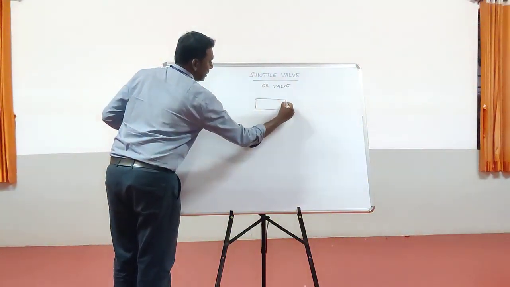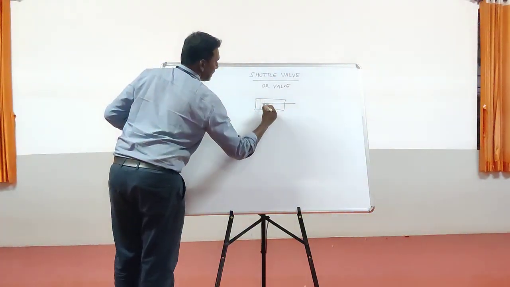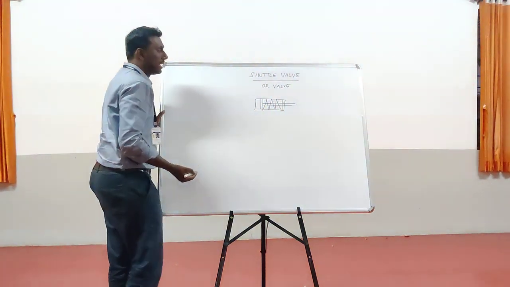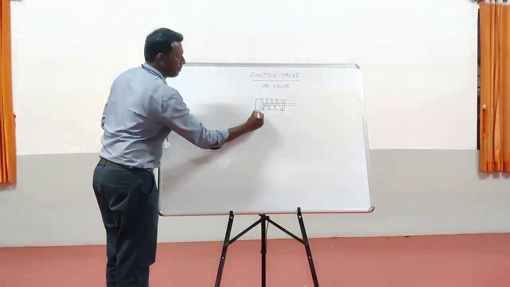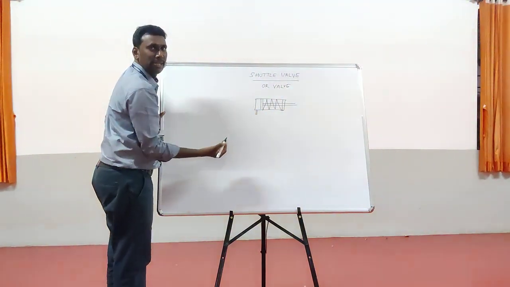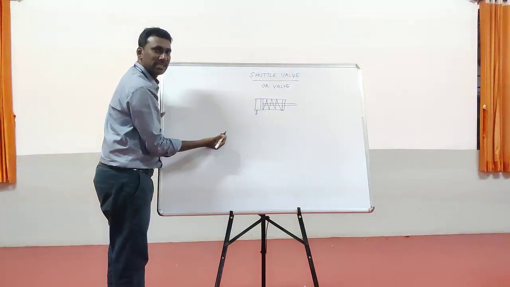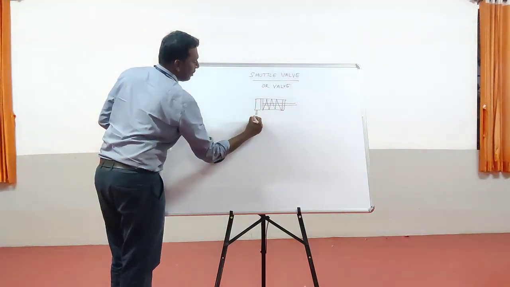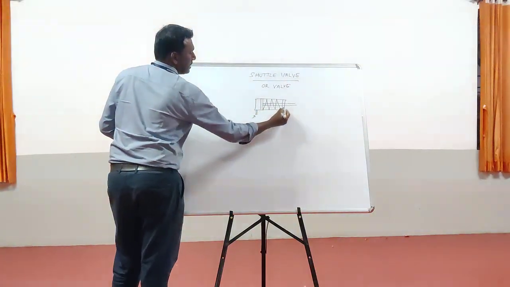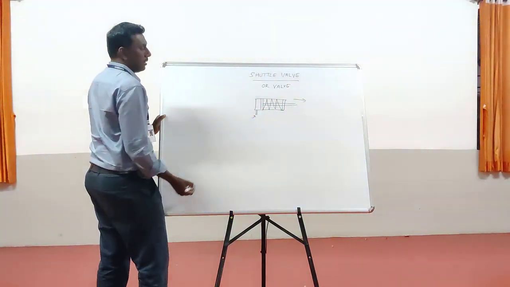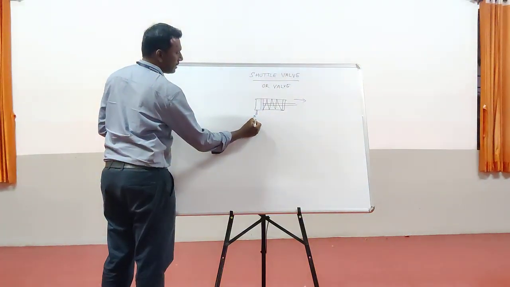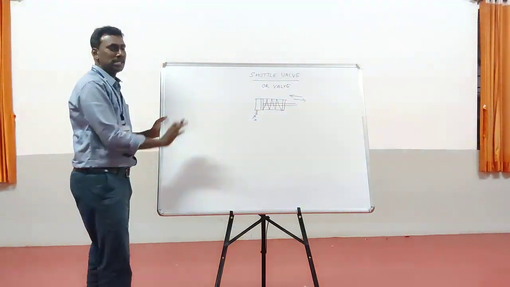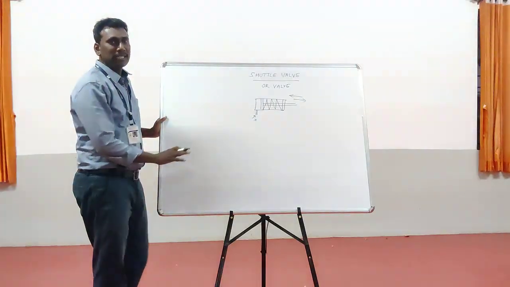Let's consider that in a hydraulic system, we have a single acting cylinder. A single acting cylinder is normally spring return. We have only one inlet, one port. This port acts as both inlet and outlet. Normally, when the fluid enters this port, the piston extends. If the fluid is not supplied, then due to the spring tension, the piston will retract. This is the basic mechanism carried out in the single acting cylinder.